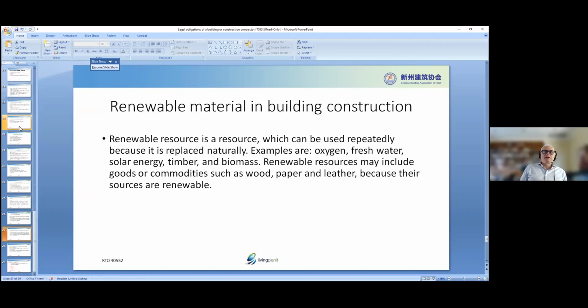So what is renewable? Renewable means we're using a product that can be easily replaced. Okay, so we have timber, solar energy, because timber grows very quickly. If you use sustainable timber, not the trees that they cut in the Amazon, which have been there for hundreds and thousands of years and grow very slowly. But sustainable timber, which is a lot of the softwood we use, can be grown very, very quickly. So they're renewable resources. It means we can get fresh resources. We never run out of these. That's what it basically means. Okay. So that's the idea.